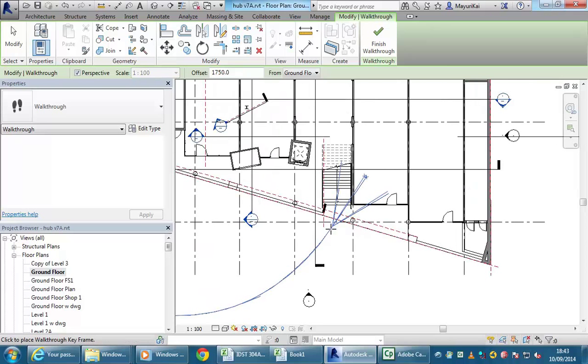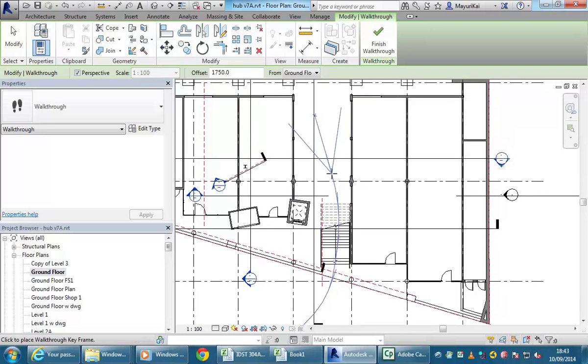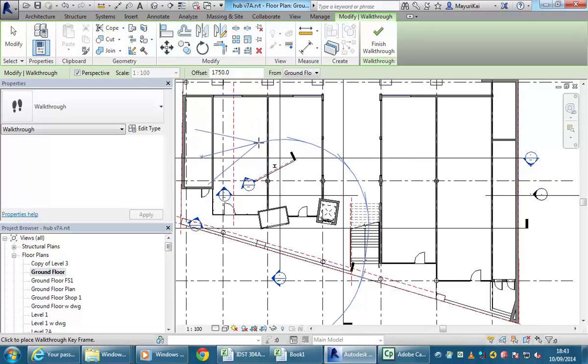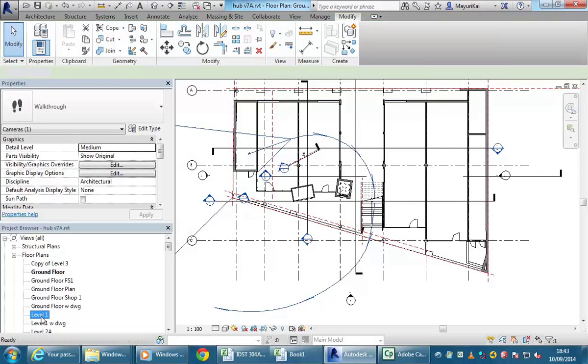So I've done the points I want to follow, and now I want to follow up that staircase. At this point I've just got to guess what's happening on the next level. There's no easy way to switch floor plans. Well, you can, but I wouldn't recommend it. So I'm just going to click some points here, guessing what's happening on my next level. Finish walkthrough, and if I go to level 1,